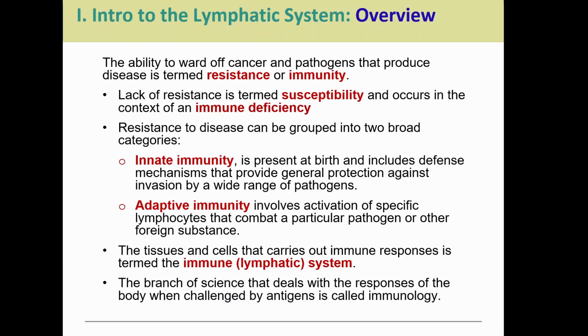And when it comes to our resistance to developing diseases, we can look at two sides of this coin, innate immunity and adaptive immunity. Innate immunity is something you're born with. These are just general mechanisms you have to defend yourself, general protection against pathogens. We don't care what the pathogen is. Innate immunity are structures or pathways that are used to fight off a large range of different pathogens.